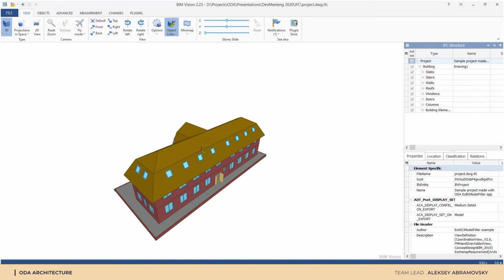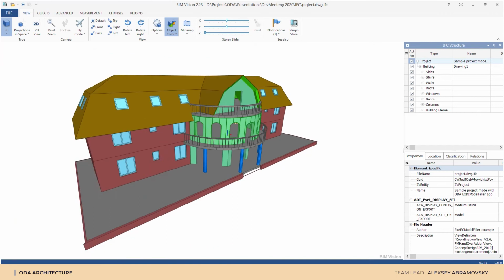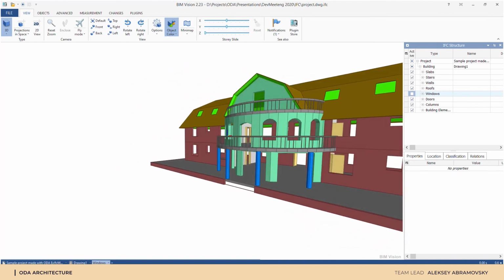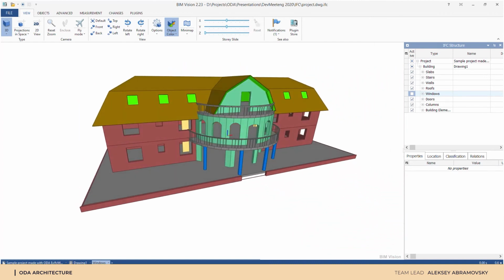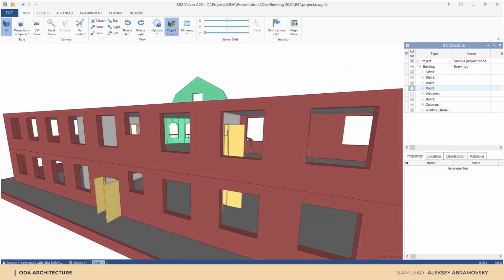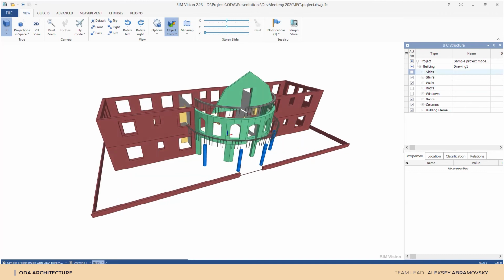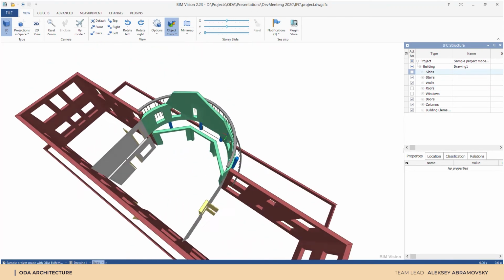We have entities like doors, walls, roofs, and slabs in the IFC file. We can see it in the top right side in the tree. We can show or hide groups of entities to see the internals of the house. For example, now I hide different object types, and we can see how the model reacts to these changes.